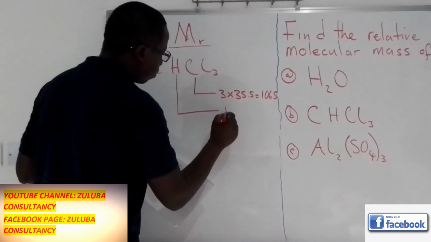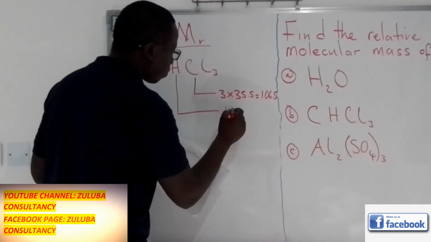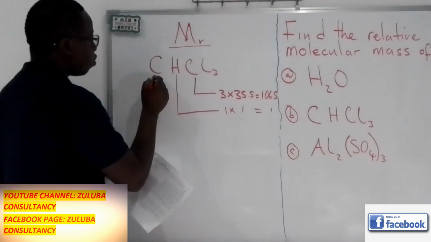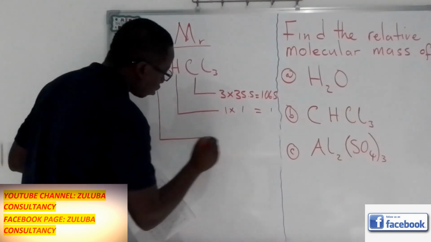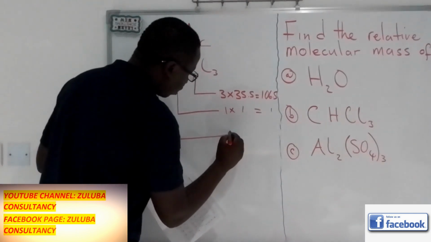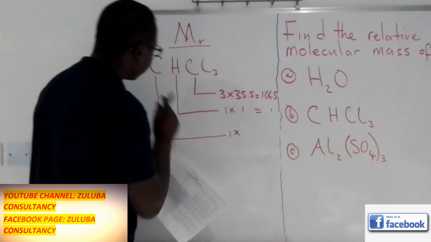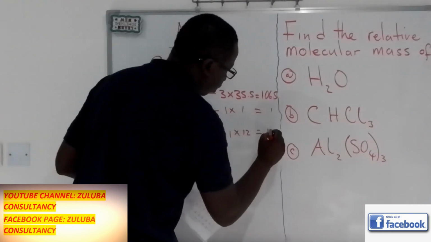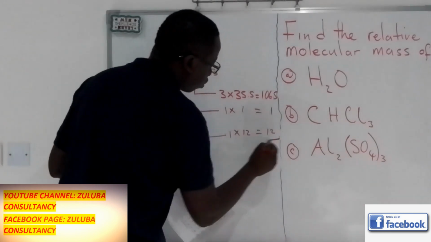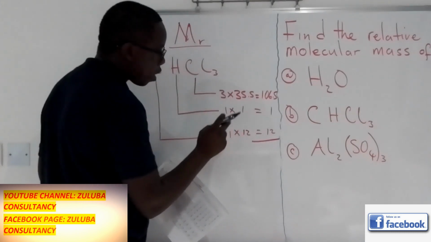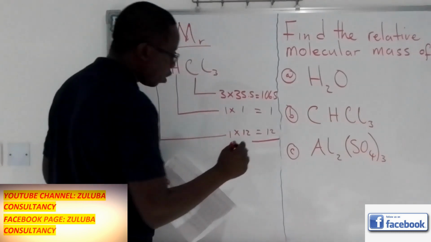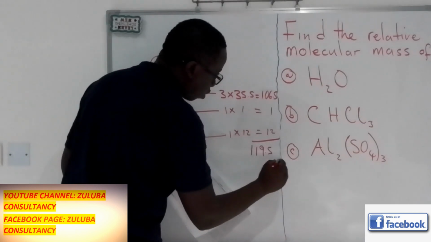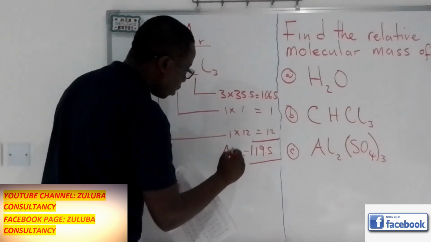We have 1 atom of hydrogen. What is the relative atomic mass of hydrogen? It is 1. 1 times 1, we get 1. Then we come to carbon. We have 1 atom of carbon multiplied by the relative atomic mass of carbon, which is 12. So we are saying 12 there, we have 1 there. So we are adding 106.5 plus 1 plus 12. It should give you 119.5. So this becomes the Mr